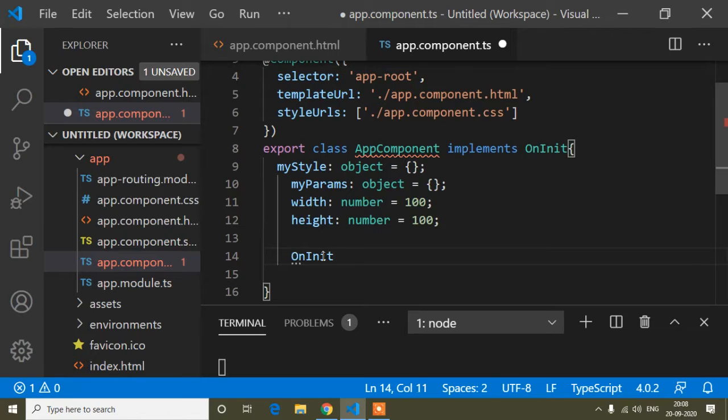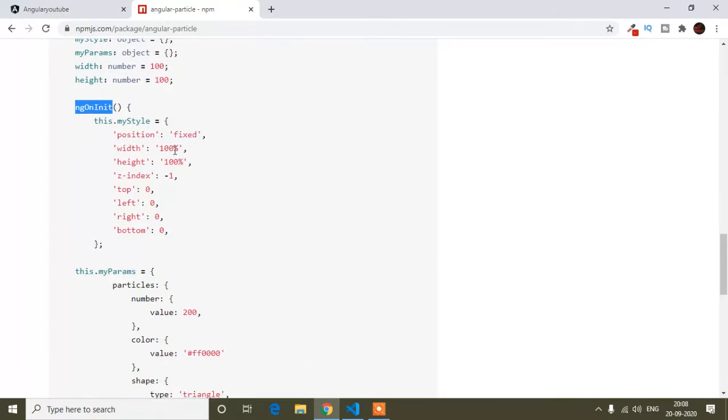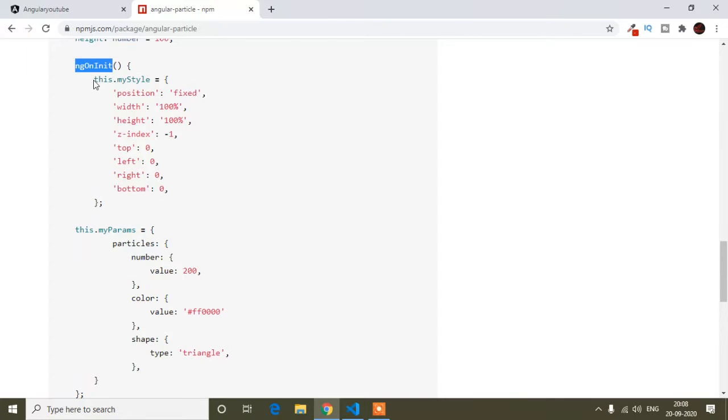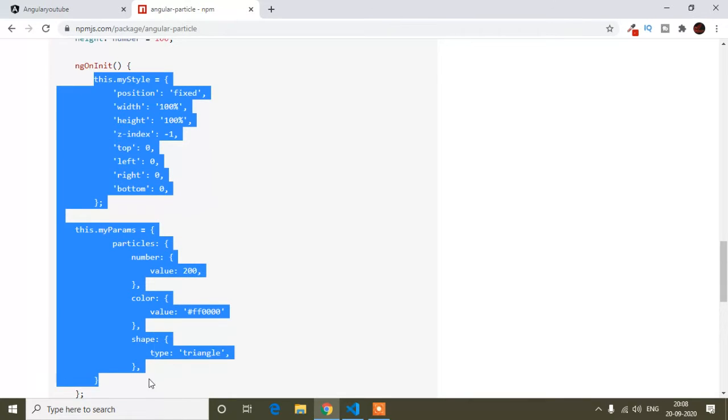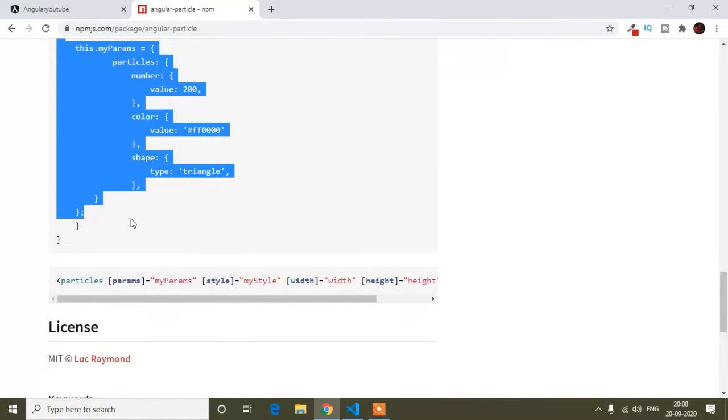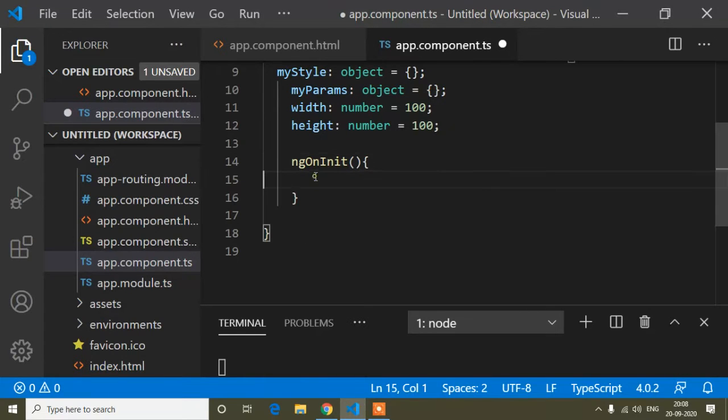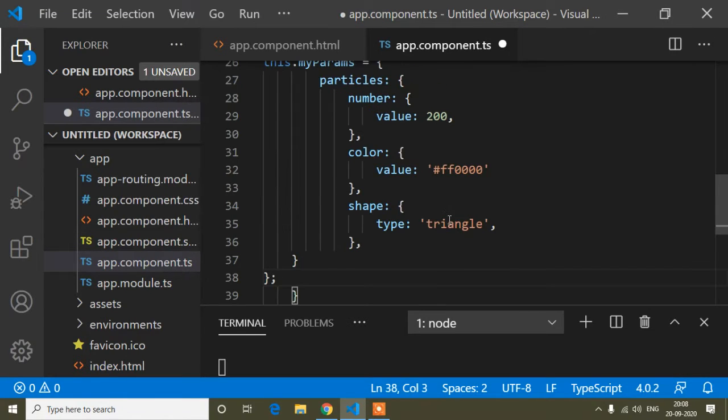So I will add OnInit. Here it's not OnInit, it's ngOnInit. Now inside this ngOnInit I have to write this code. So I will copy this and paste it here.